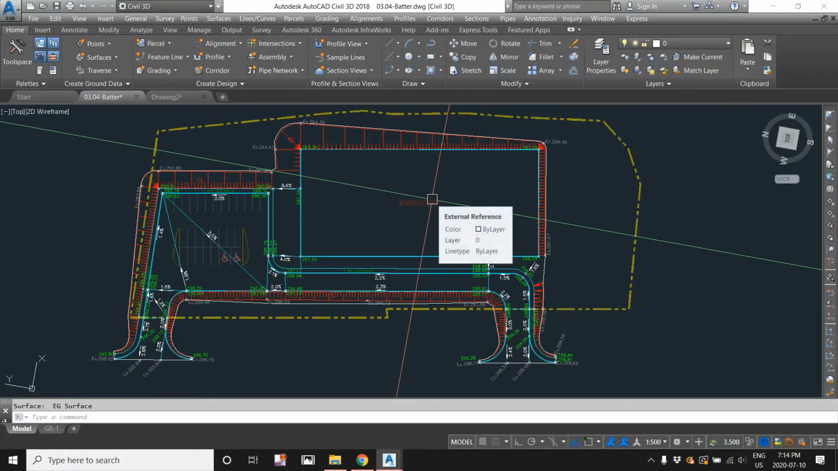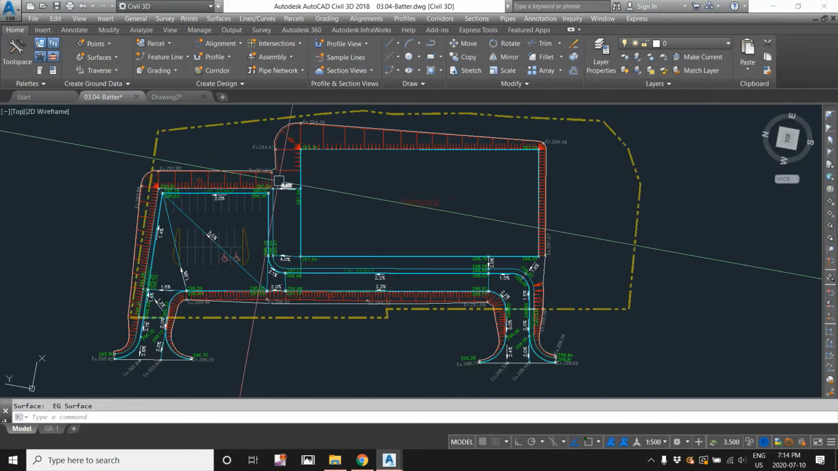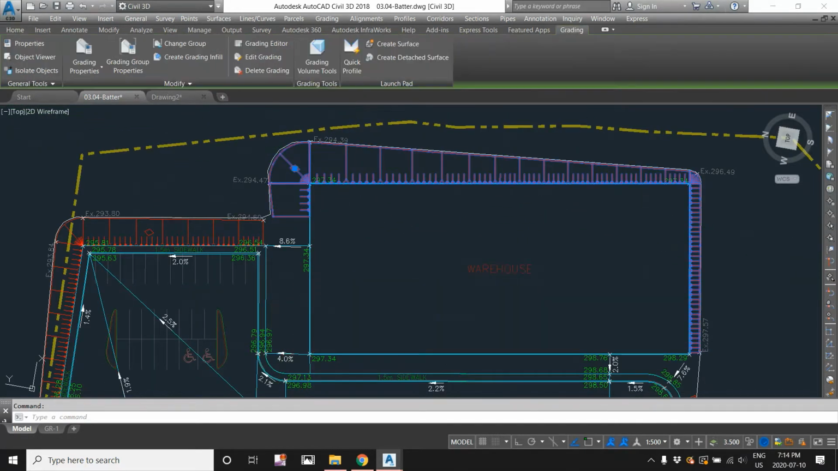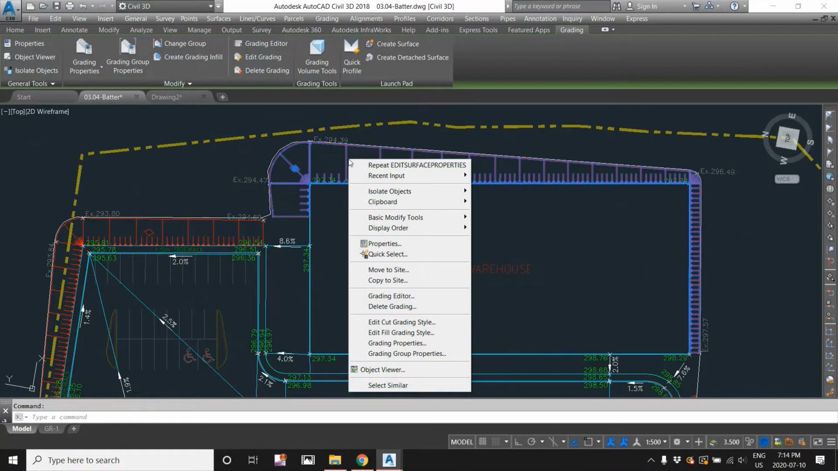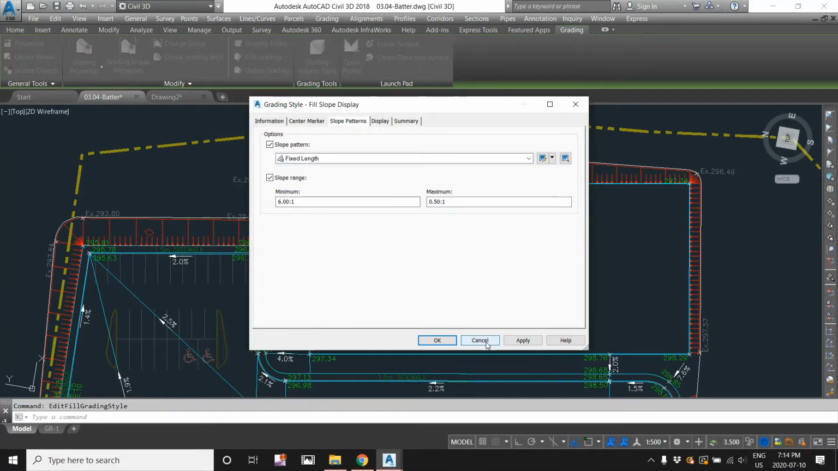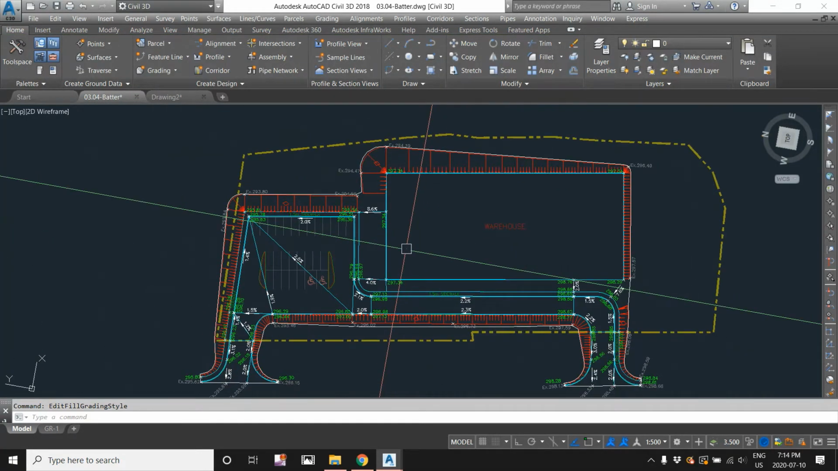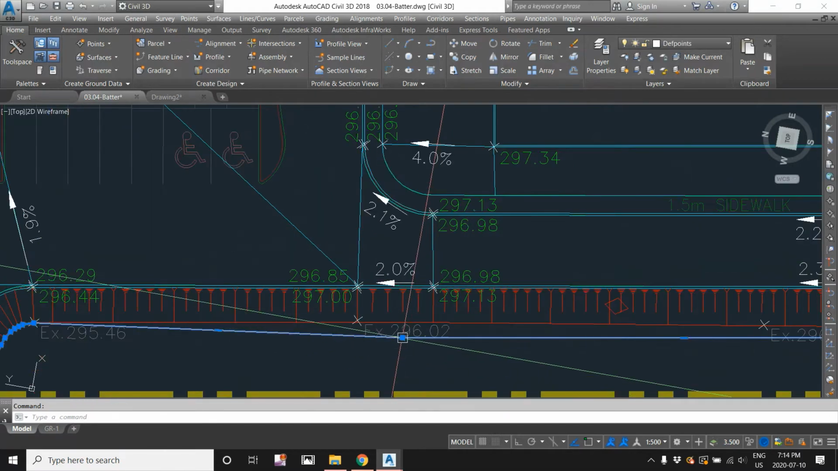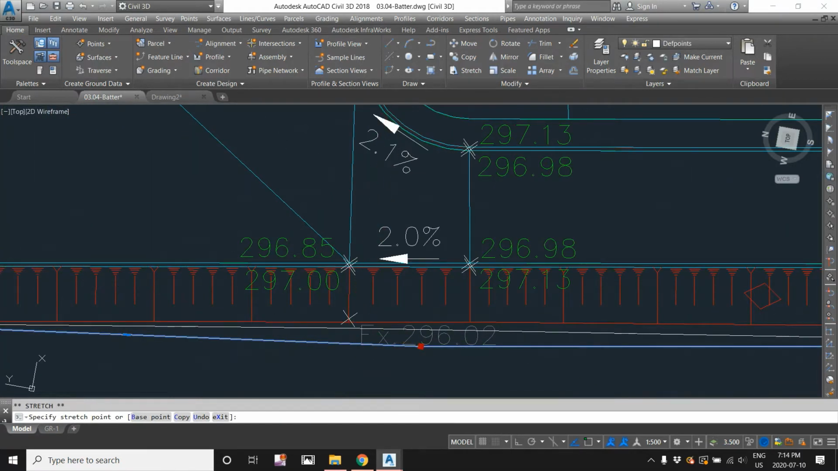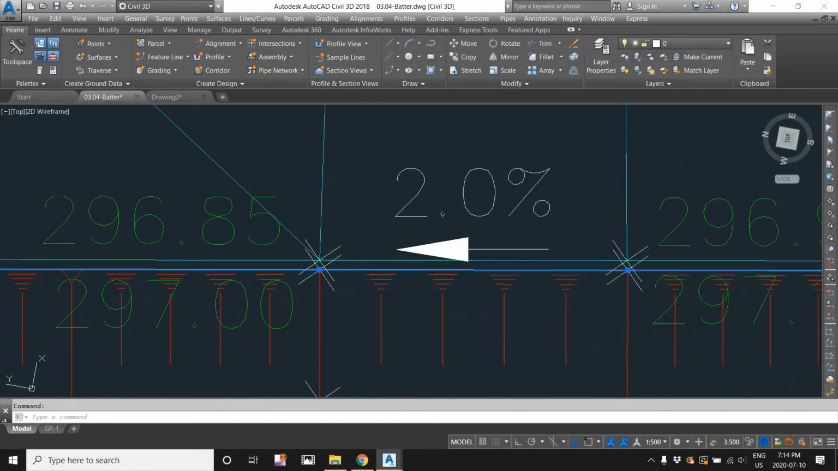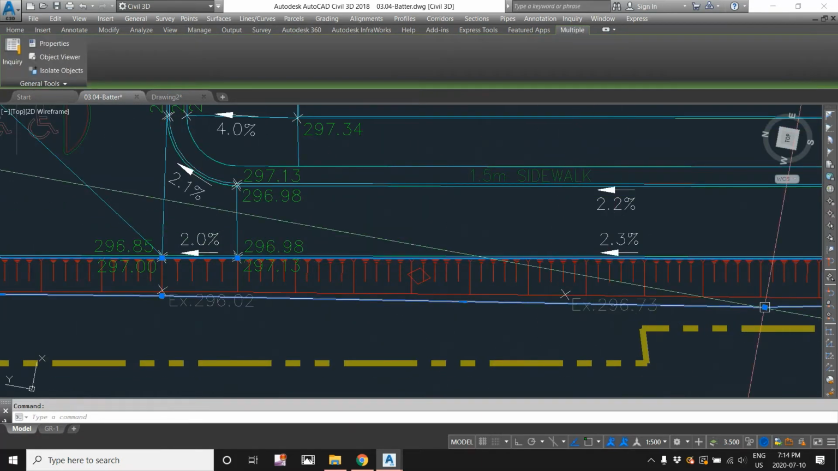In the previous lesson, we created a PDF of our grading plan. If you remember, we edited this grading feature by right-clicking on it and editing the fill grading style. I often find that those are difficult to control. I like that create grading when doing my design, because I can grade down at whatever slope I wish